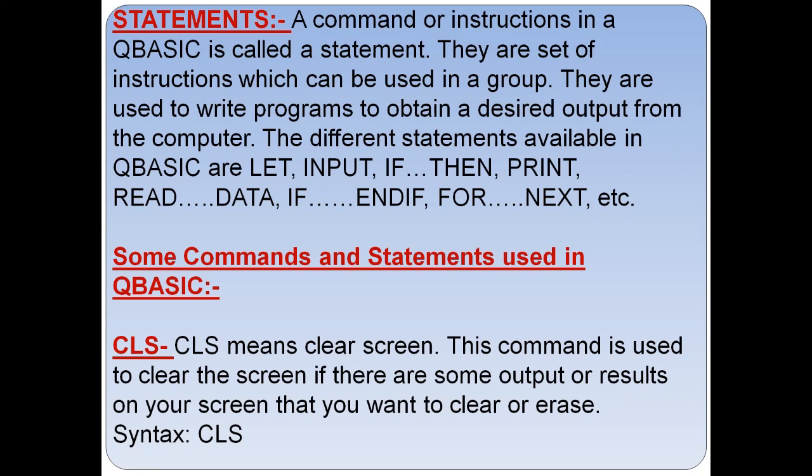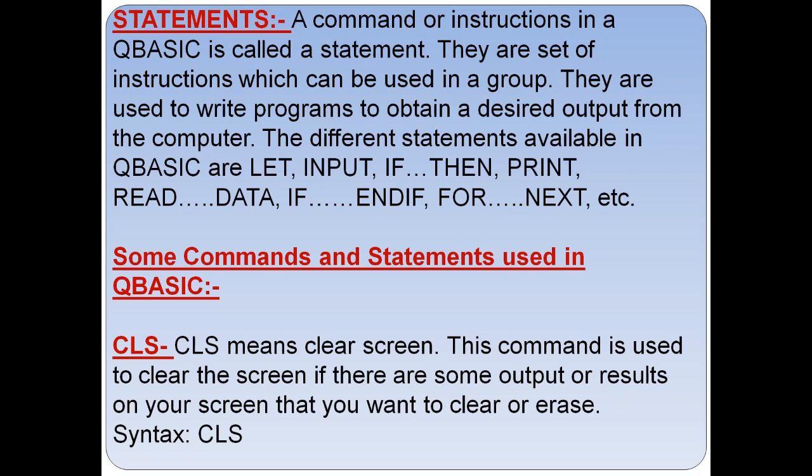There are two types of screen. A screen for writing the program, and an output screen for showing the result of the program after execution. Means the screen where we will write the program is the first screen, and the second screen is an output screen for showing the result of the program which we have written. On the second screen we can see the result of our program after execution.